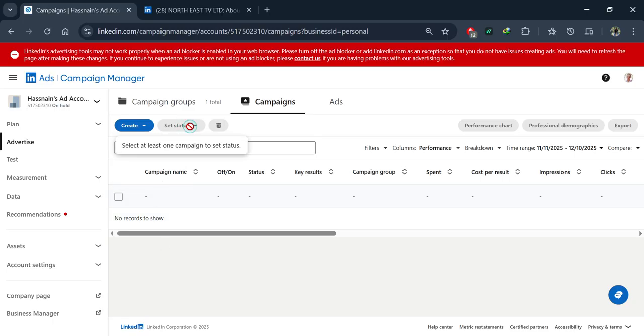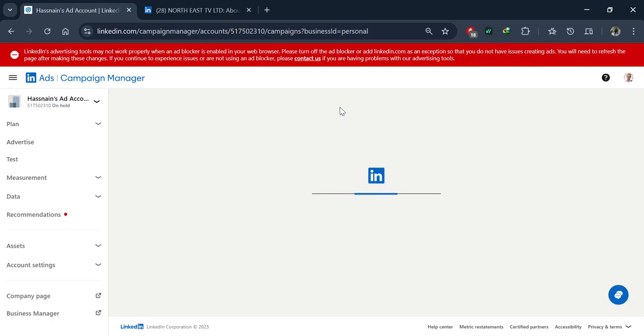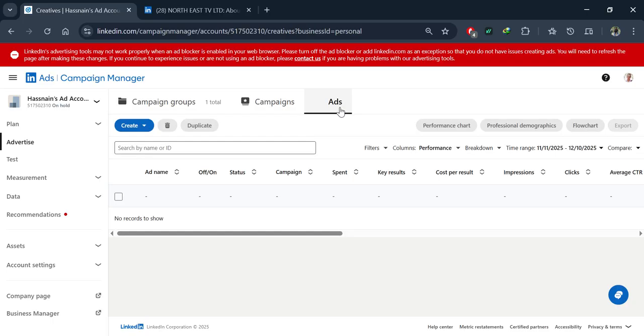If you want to add another category, you can add another campaign group here. Okay, and you can also see the status of your campaign, but as you can see there are no campaigns here right now, so that's why this option is not available. When you run a campaign, your ad will start running and will display here. You will see the name of your ad, their current status, and what kind of campaign group they have been assigned. And you can see in this section the amount spent on that campaign, and you will see the results, the cost per result, and the impressions throughout that campaign. All of this detail will be available in this portion.